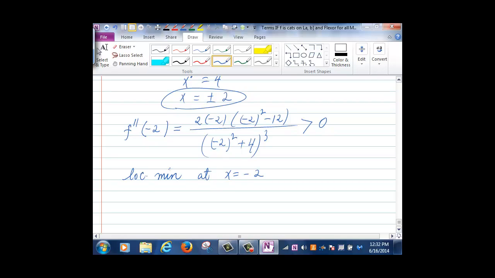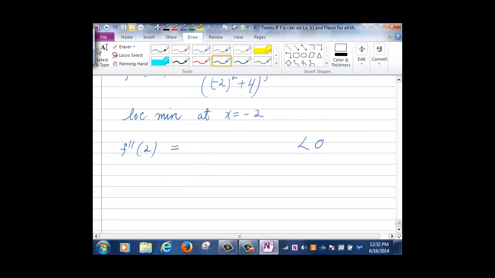And now I have to calculate what is f double prime of +2. And without doing any work, let me say it's negative. You can plug in 2 and see that you get negative. And so that tells you that you have a local max at x equals 2. It's pretty easy to forget this, right? Sometimes it's easy to make the mistake that if the second derivative is positive, then you have a local max. But think about it in terms of the concavity. Second derivative